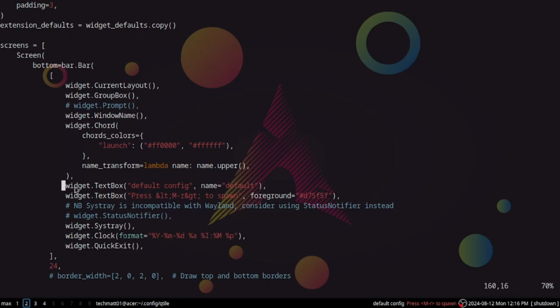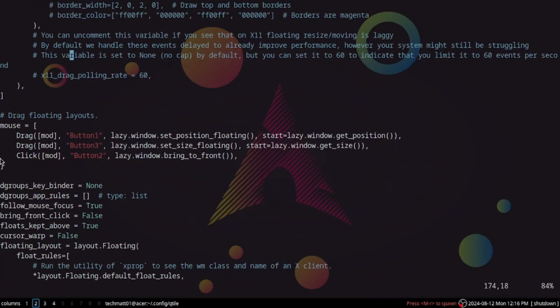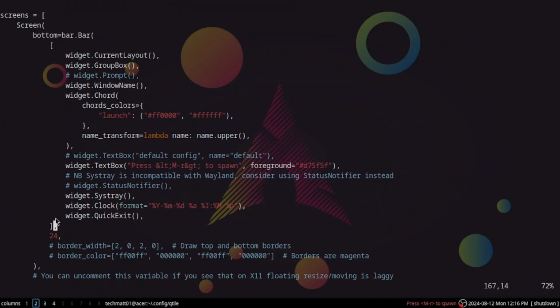Okay, then we have this text box. We can remove it for now. I will just comment it out. So if I now update Qtile, it disappeared. Oh wow, I actually liked how it faded away. There should be some options, maybe somewhere here. Anyway,